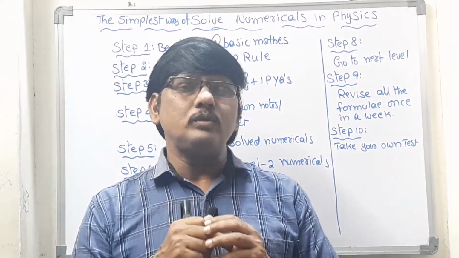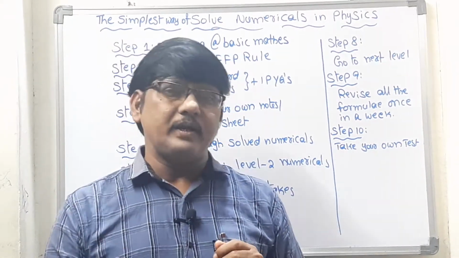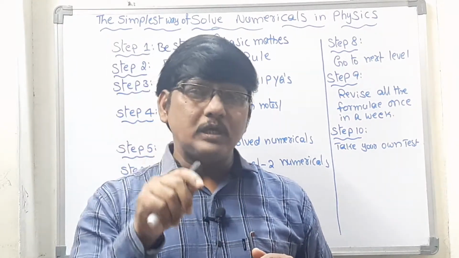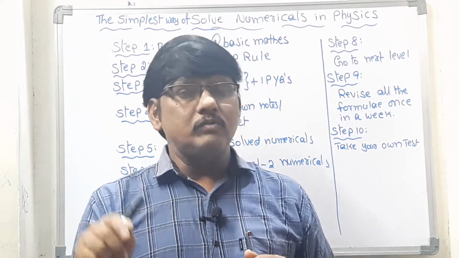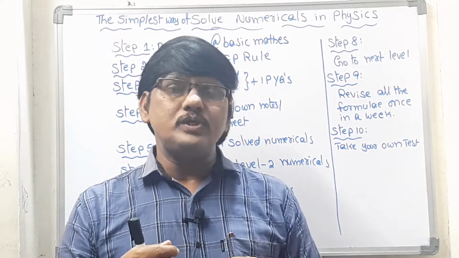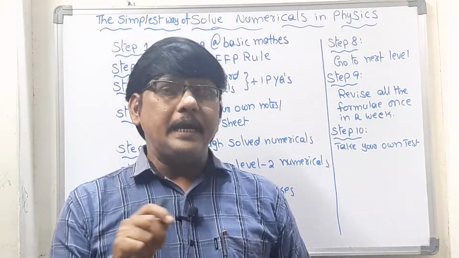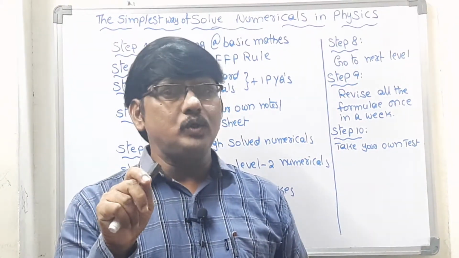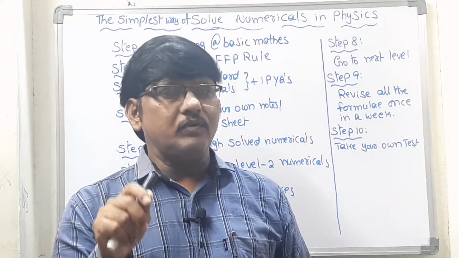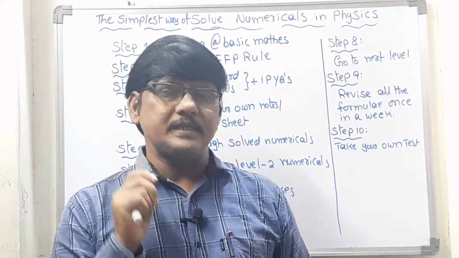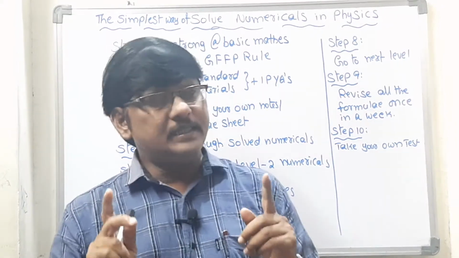Now what you have to do? Now you go for the second level, and at the second level, the same procedure. First go through that and again try to solve as many numericals as you can, afterwards try again, and afterwards find. When you follow this sequence, at the end of the day, out of 20 questions or 50 questions, your success rate will be 90+%. Okay, got it? This is the procedure you have to do.